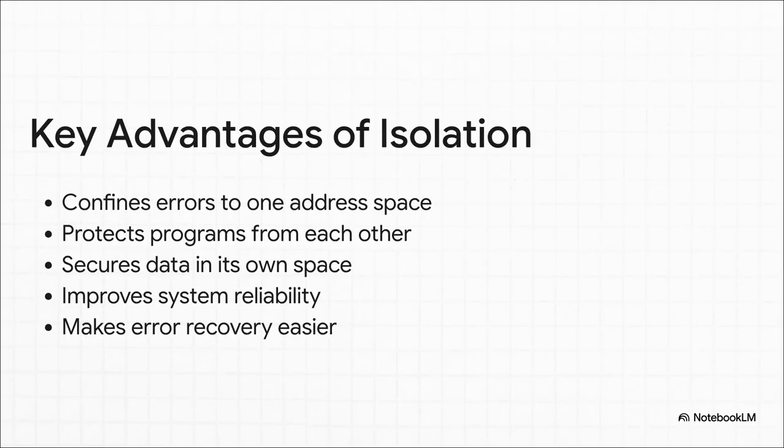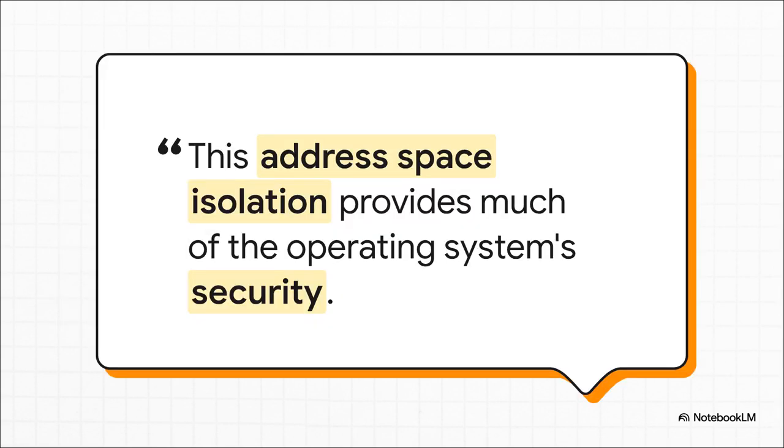And that massive scale is only possible because of that strict isolation we talked about. If one program goes haywire, the problem is trapped inside its bubble. It can't spread, it can't cause this horrible domino effect across the system. And this doesn't just protect other programs and keep data secure. It makes the entire system incredibly reliable. Plus, when something does go wrong, figuring it out and recovering is so much easier because you know exactly where the problem is contained. This really gets to the heart of the security philosophy here.